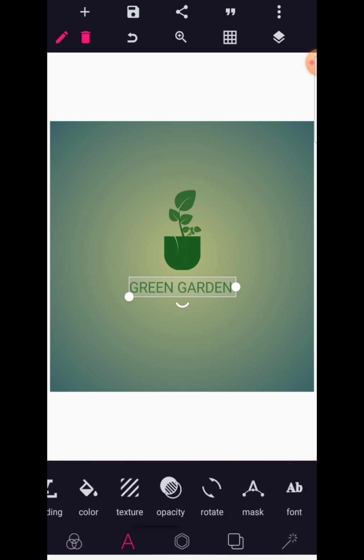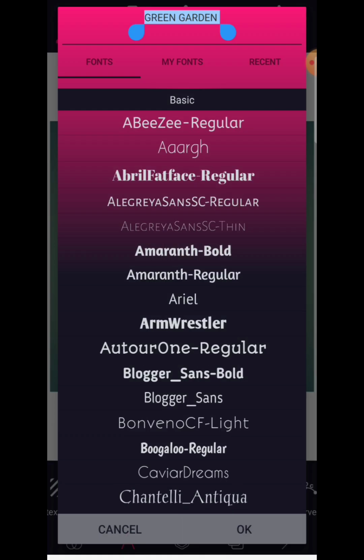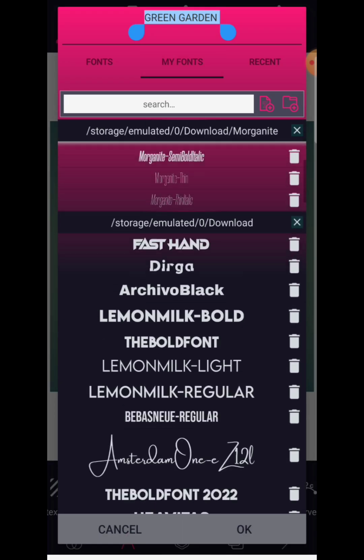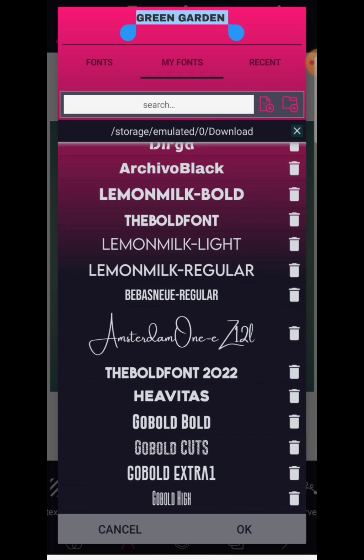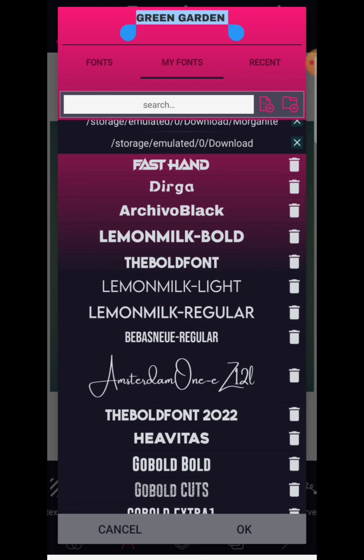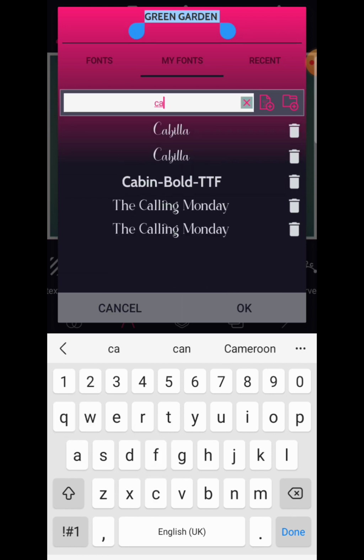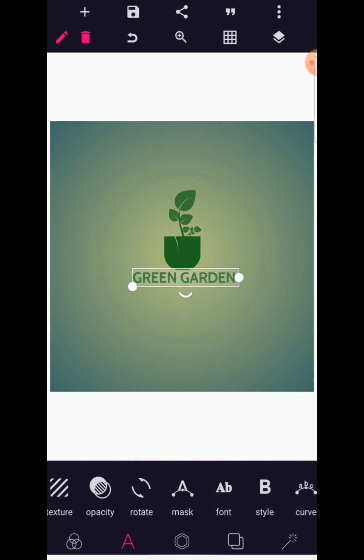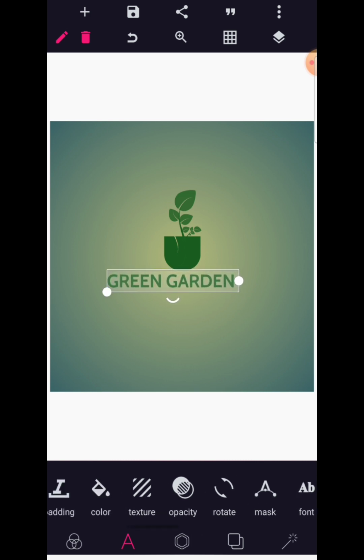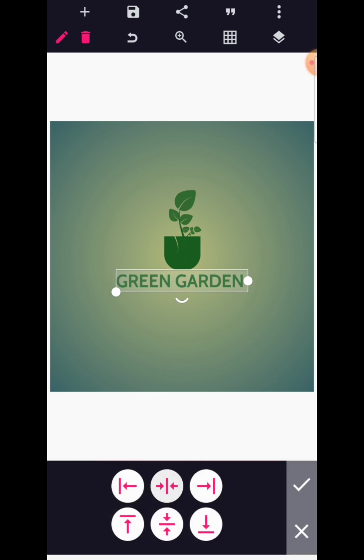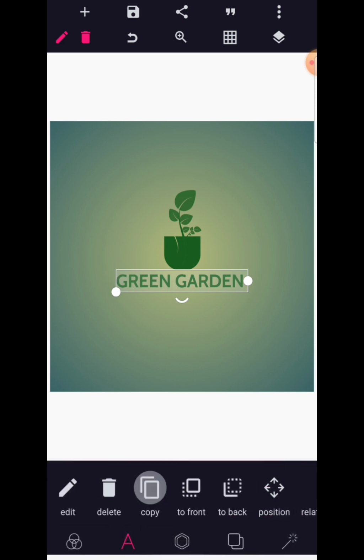Now let's go to our font area, and the font that we want to use here is the Archivo Black. Let's see if Archivo Black can go. I don't think so. Let me check for another nice font. Cabin Bold. Very good. So Cabin Bold is the font we want to use here. So let's increase the size. By increasing the size, stretch it to the middle of our page, and let's copy this and write services